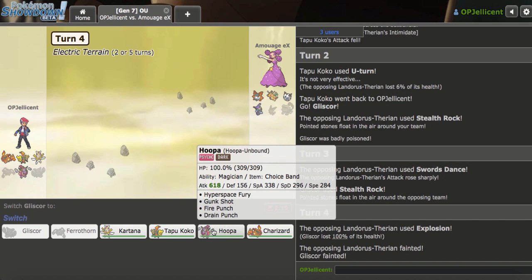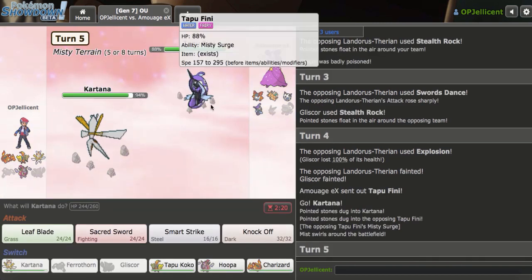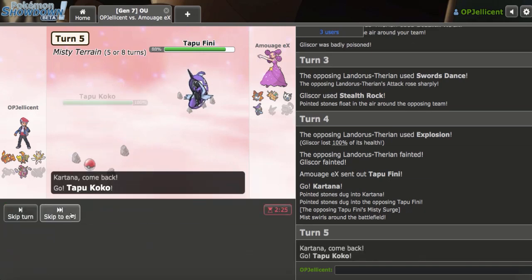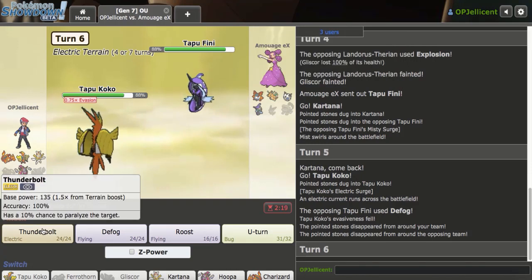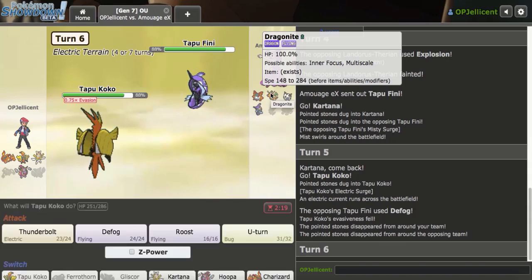Maybe I should go out into something else first and then do that. Something else would be something like my Kartana to Smart Strike, as Tapu Fini comes in. So here I'm going to go hard Tapu Koko, the reason being I want to... Because they're going to Defog, right? Which is fine. What I can do now is just go right for the Thunderbolt. I want to save the Z, that's the main thing, because the Z is what I'm going to use to put the Dragonite in range of my...